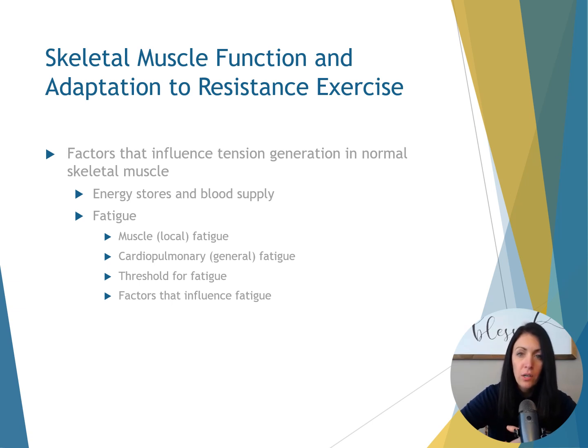Let's talk a little bit more about cardiopulmonary fatigue. There is a systemic diminished response in the individual to a stimulus as a result of prolonged physical activities such as walking, jogging, cycling, or repetitive work. Cardiopulmonary fatigue is related to the body's ability to use oxygen efficiently, and it's associated with endurance training. It is caused by a combination of decreased blood sugar, which would be glucose levels, decreased glycogen stores in muscle and liver, and a depletion of potassium, especially in the older adult.